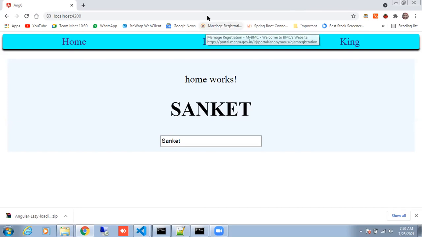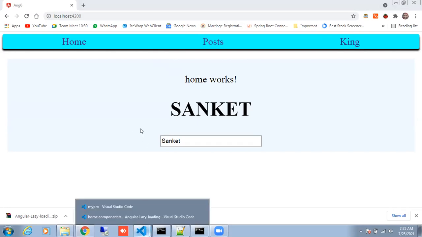Saket, are you getting it? Yes. So to avoid this, we are using the concept of lazy loading. So what we need to do in lazy loading, just right click on your program.